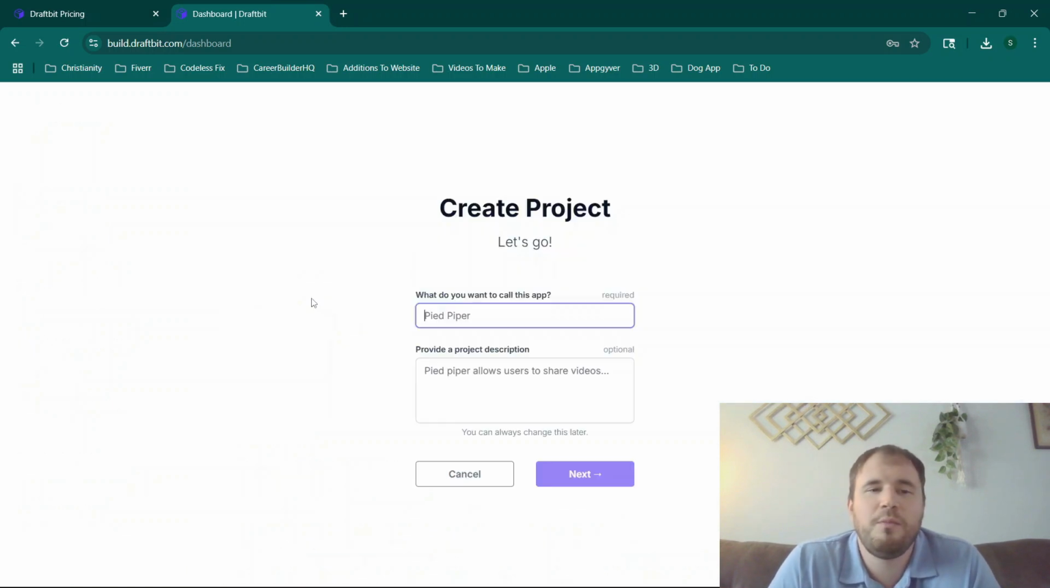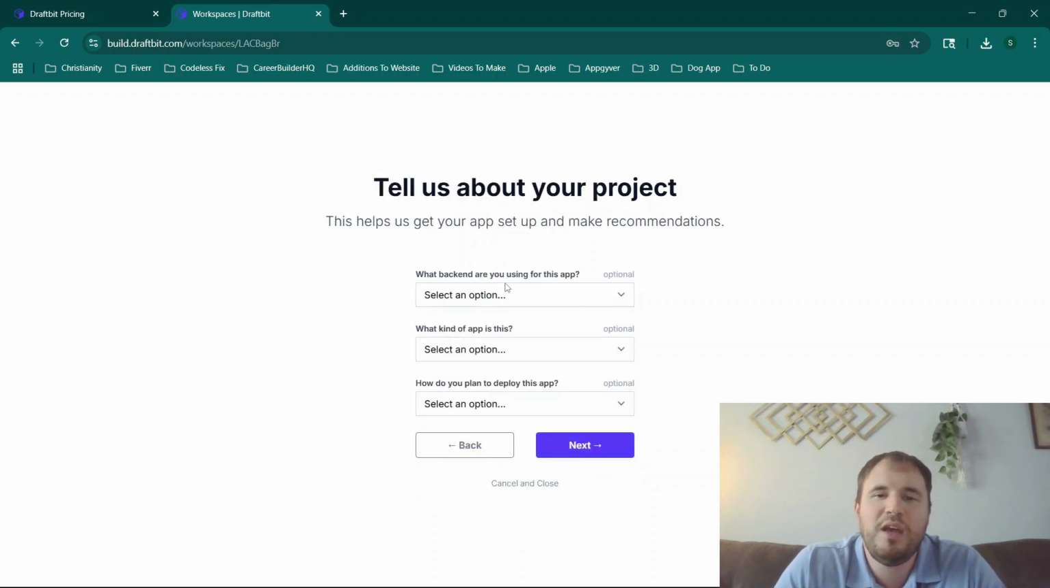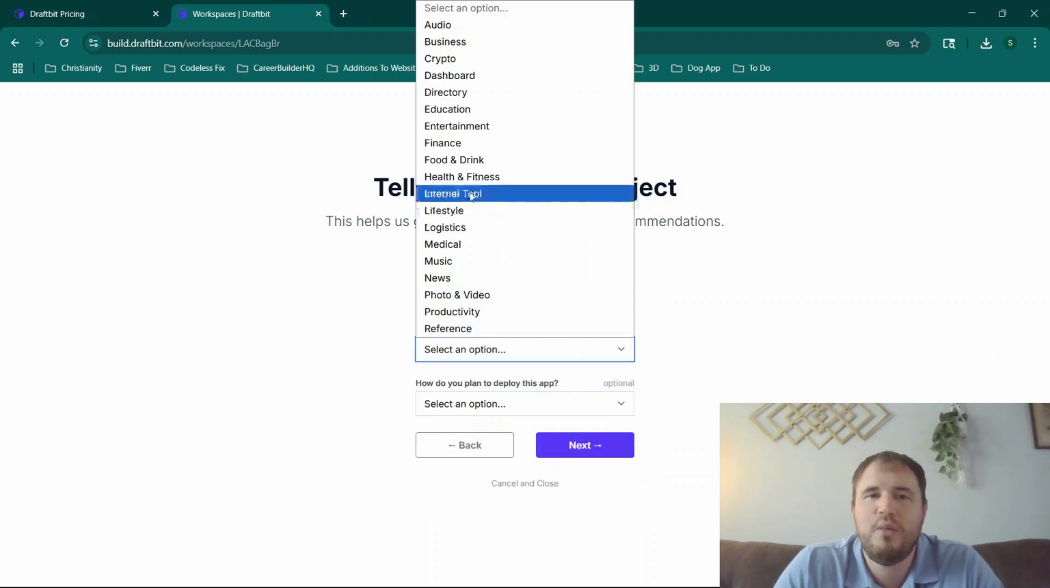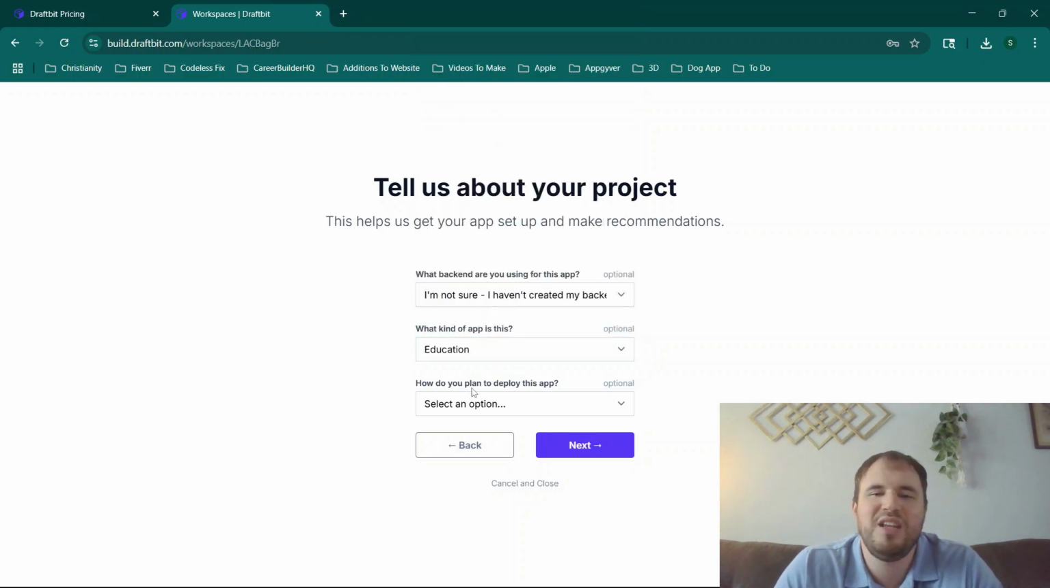So we're going to click here and click to create our first project. All right, so we can go ahead and create our test project. We'll call this testing, and then we'll just type some random letters here. And then you'll see that we have a couple of options here. We'll say we don't have our back end, and then we can choose the options. So we'll put, maybe we want to make this an education app, and then you can choose your deployment